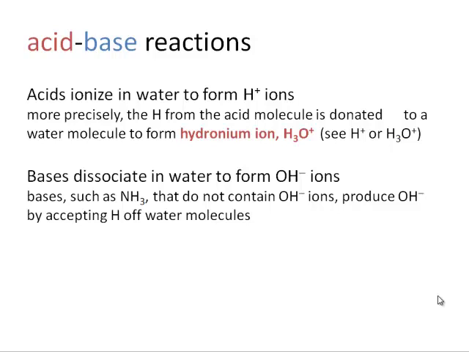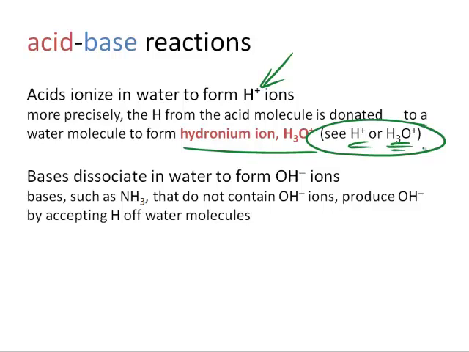Now the title of this unit is, of course, acids and bases, and so we had to figure out a little bit more about ionic equations, and now we can discuss our acid-base reactions. Remember, when we named acids, anytime you produce an H plus ion in solution, which is the Arrhenius definition of acids, or if you donate a proton to form H3O plus hydronium ion, the Bronsted-Lowry definition of acids, that is the definition of an acid. So anytime you see H plus or H3O plus, the hydronium ion, what you're referring to is an acid compound or molecule. Any base that forms hydroxide ions